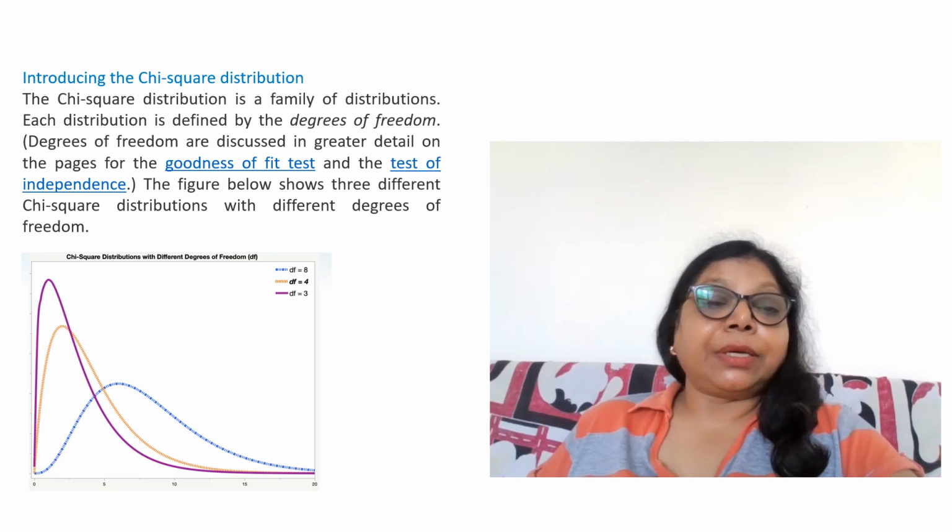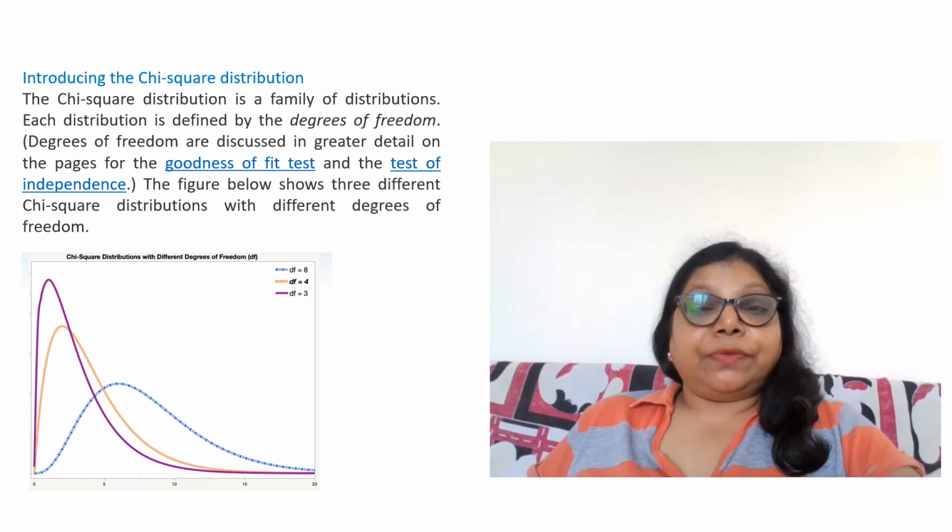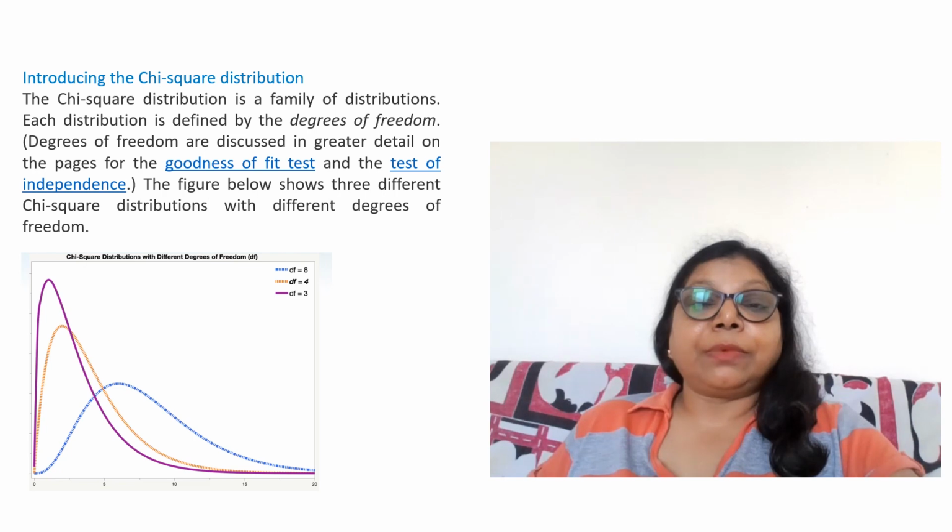Same data set, but with different degrees of freedom, the distribution will be different. We can see that the blue curve with 8 degrees of freedom is somewhat similar to the normal curve, but it has a longer tail to the right than a normal distribution and is not